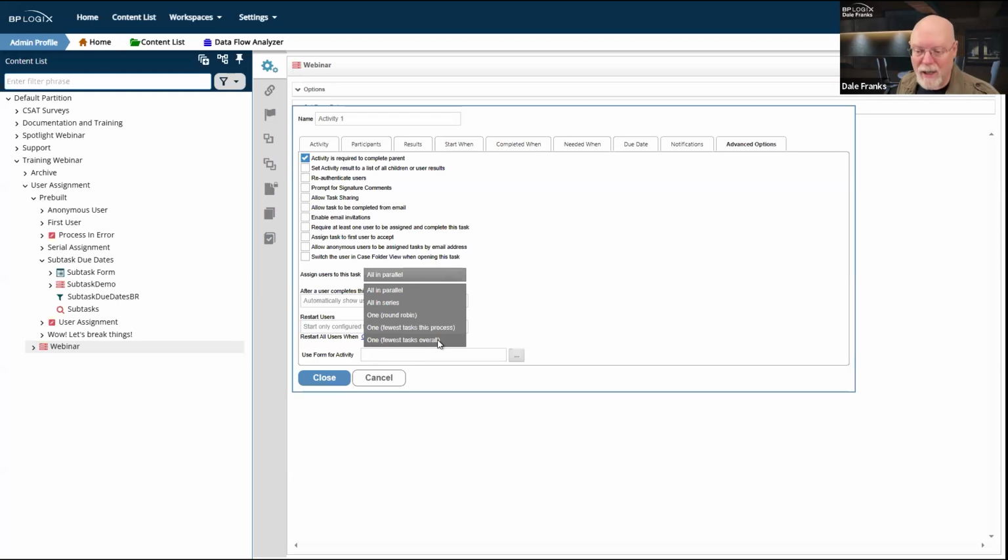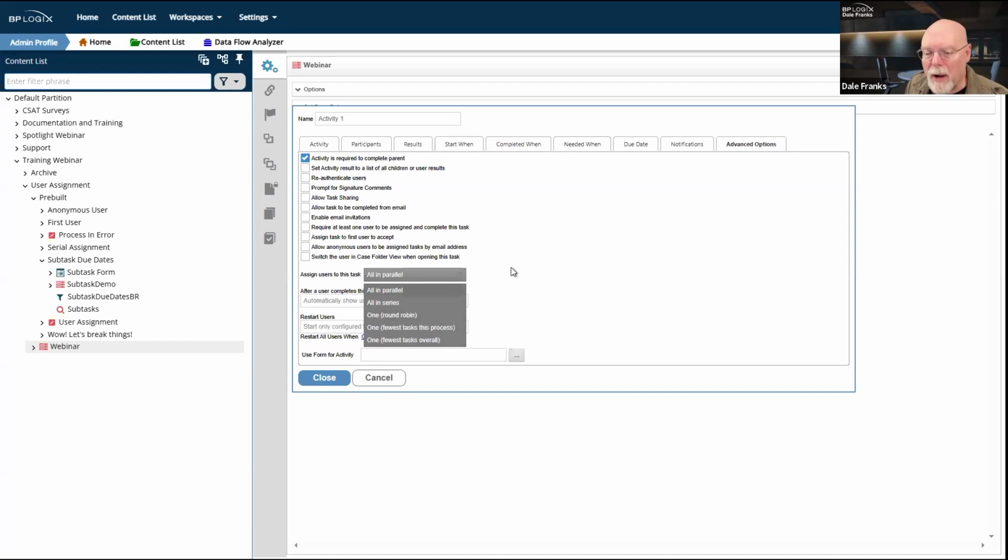So basically, it's a method of doing workload balancing. Every time the task gets assigned, it just looks for the person who has the fewest tasks and assigns the task to them. So there's a couple of cool ways of setting this up.